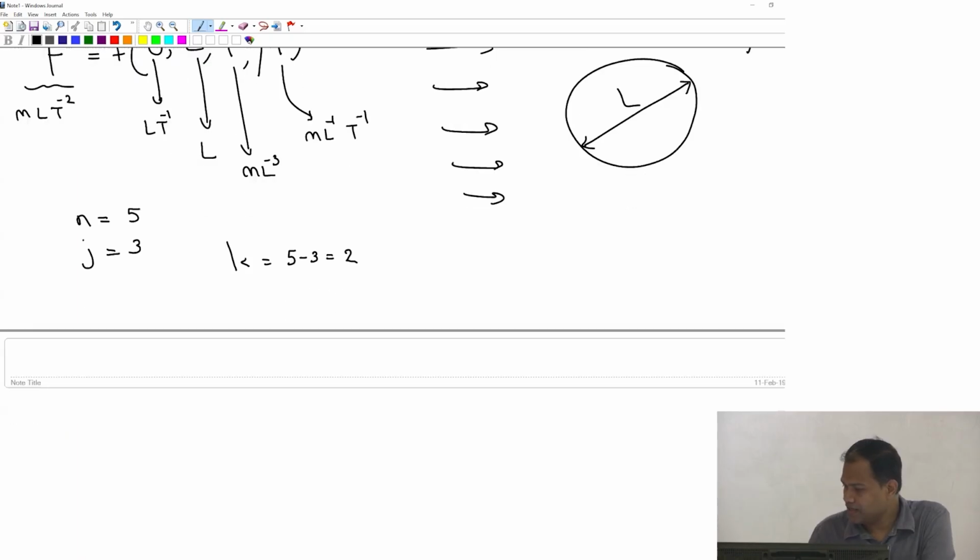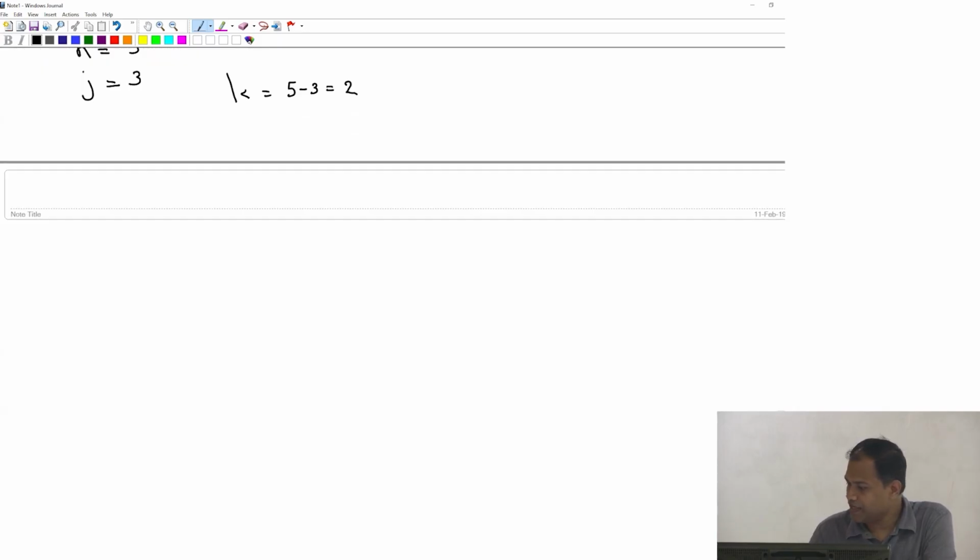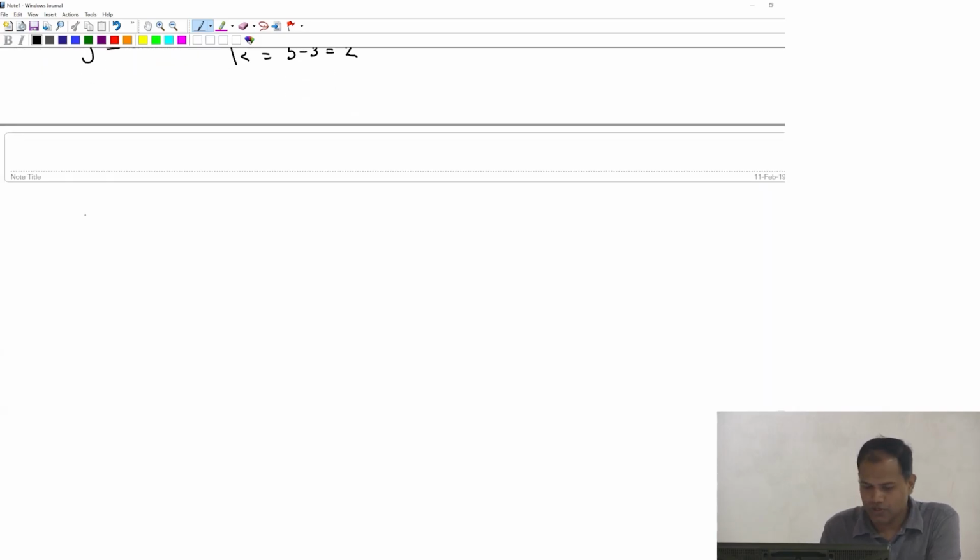And then we said that we have to select the repeating variables first. So j repeating variables which we chose as